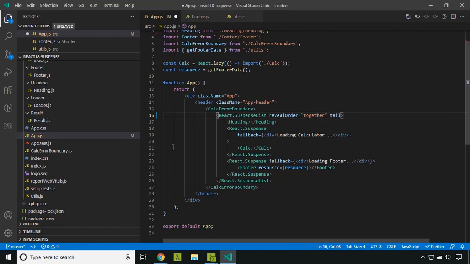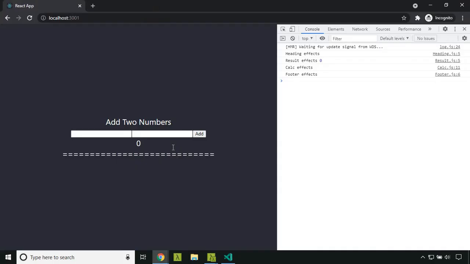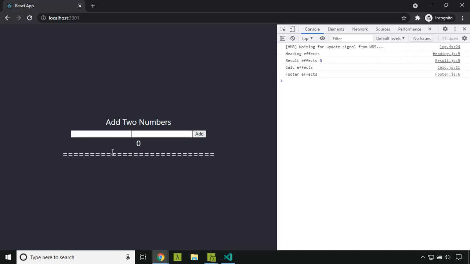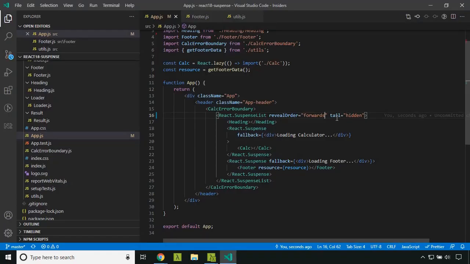Now let's try out the hidden option in tail. With together we cannot use tail, so let's change to forwards. Now you can see that the fallback is hidden, and that is the use of tail.